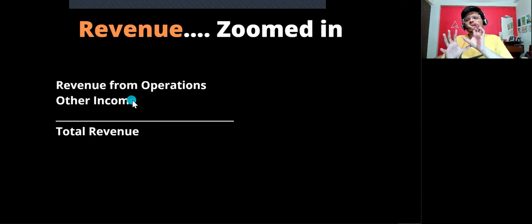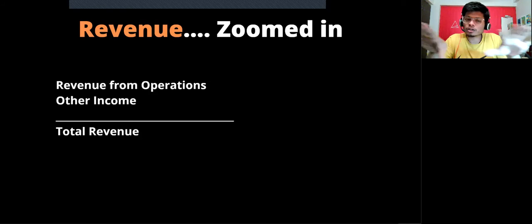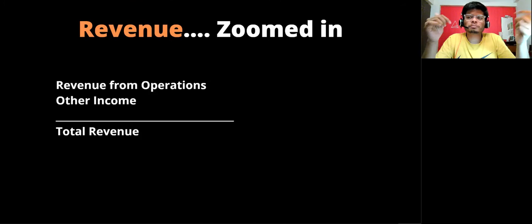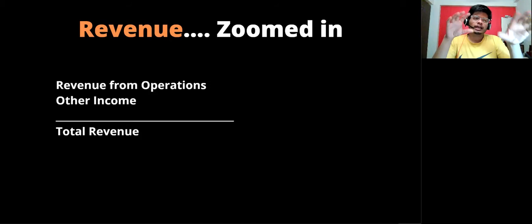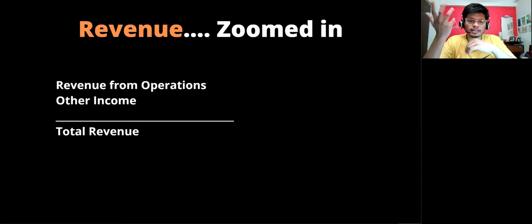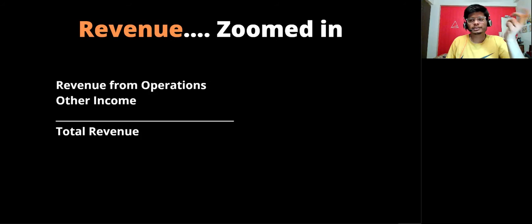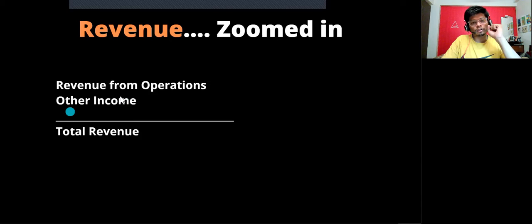Other income would be income other than that received from your ordinary course of business. Got it? So for example, any capital gain income, or any rental income, when your objective is not rental income. If your rental income is there, or interest on a loan that you have given to someone, any revenue you're getting from that, all those things are other income. Got it?